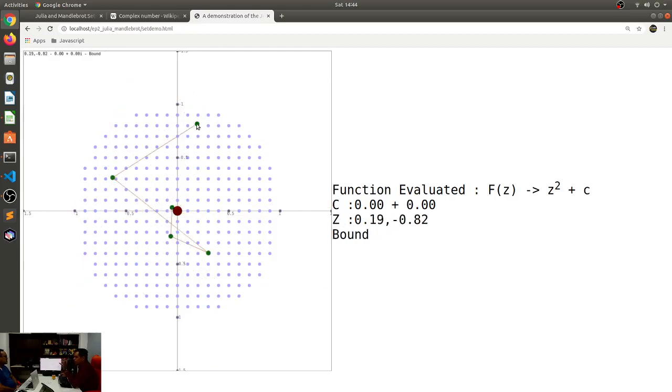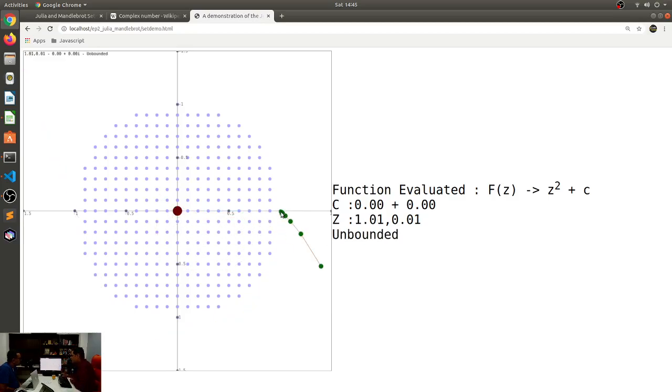All right. Now, stop me if I don't make any sense. So what happens over here is that these green dots represent the iterations of the formula Z square plus C. So for where C is equal to 0, you can see that as long as I remain within value 1, it remains bounded.